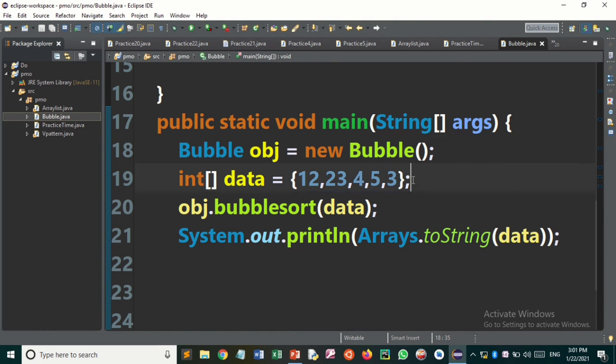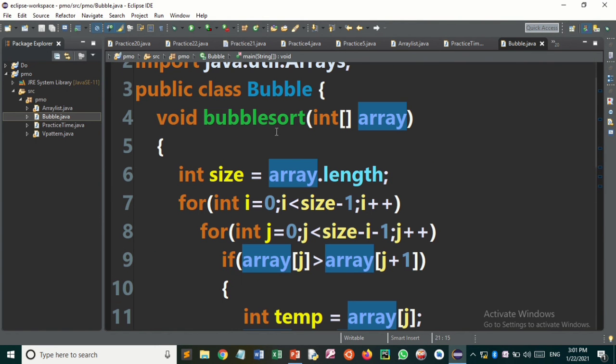Now we'll create an array. I have stored the array into this data integer array. Now call this bubbleSort function. Let me show you this.